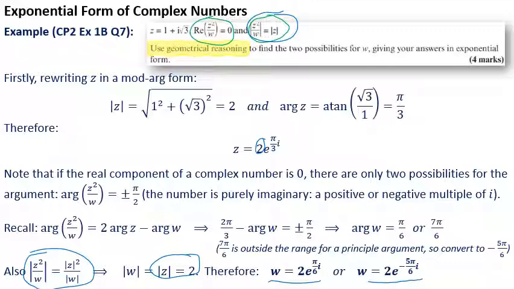Now, here's the last bit I want to talk about. The question tells us to use geometrical reasoning. And I would argue that I kind of have, by saying the real component 0 suggests that we're dealing with an argument of plus or minus pi by 2. But I felt a little bit cheaty about it. It doesn't seem like the most geometrical way to think about it. So I'd also like to show you a slightly alternative version. We still end up doing similar things algebraically, but it's perhaps a clearer way to visualize what's happening,